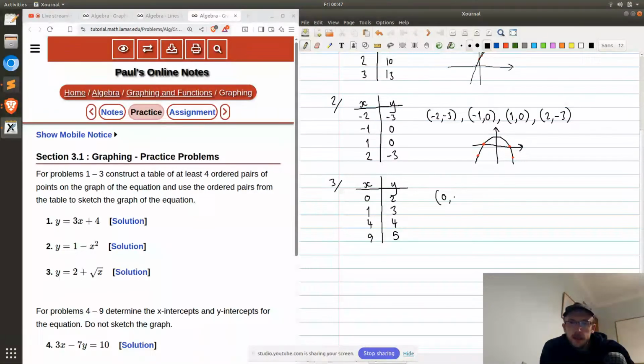So I will end up plotting 0, 2, 1, 3, 4, 4, and 9, 5. And what will this graph vaguely look like? It will look like half of a parabola opening up towards the right. So sort of vaguely like this. The other half that would be there is like that, but it's not there in this case. And so there's 0, 2, 1, 3, 4, 4, and